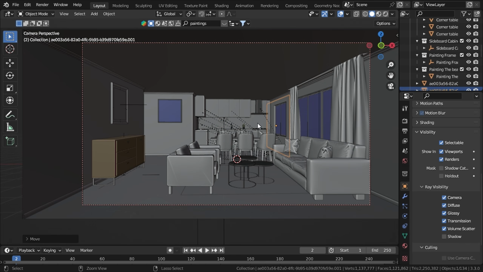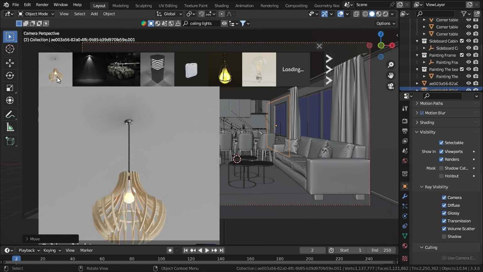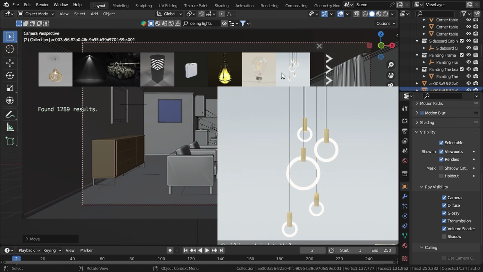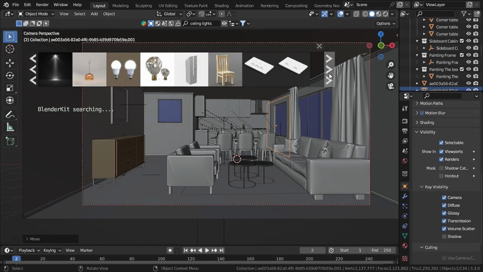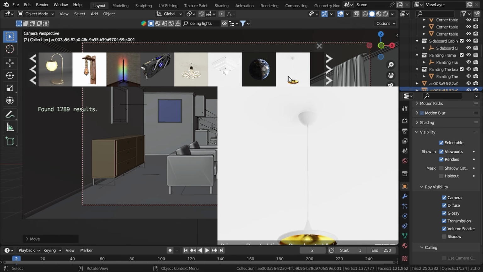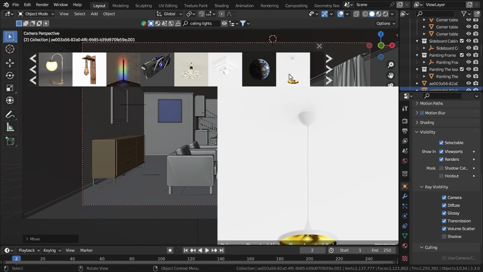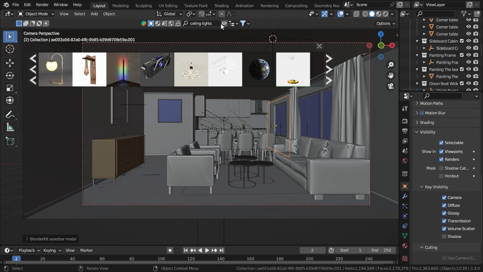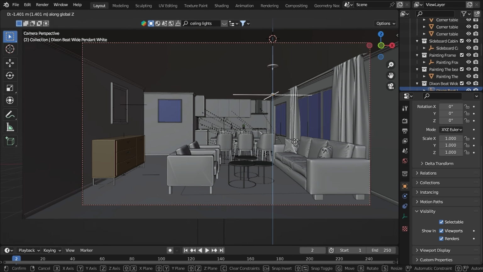And now let's add in some ceiling lights. So you can add any type of ceiling lights, but this time I will try something a bit different. So let's search ceiling lights and let's look for a cool one. Okay, so I have found this one, so let's add in this one here. So shift right click here and let's add in this one, and let's move it down